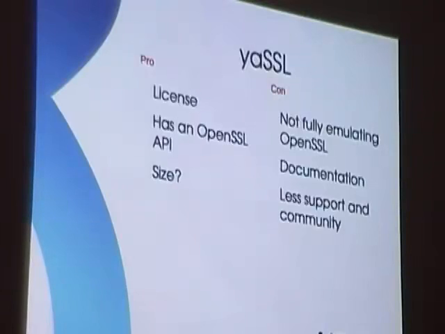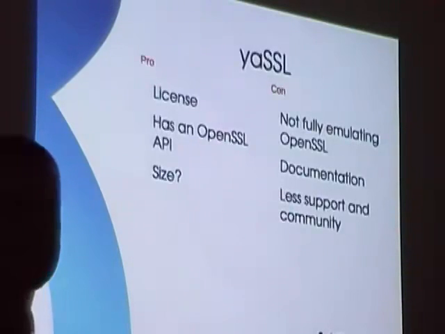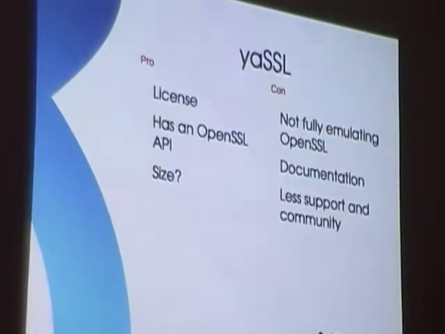We've used it in our project. They have an OpenSSL API, and that's very handy because it's very easy to move code that uses OpenSSL to use YaSSL instead. It's very fast to just support it to use that instead. It has a GPL license, so it's friendly to GPL projects. The problem I've had with it is that, yes, it emulates the OpenSSL API, but it doesn't quite work as